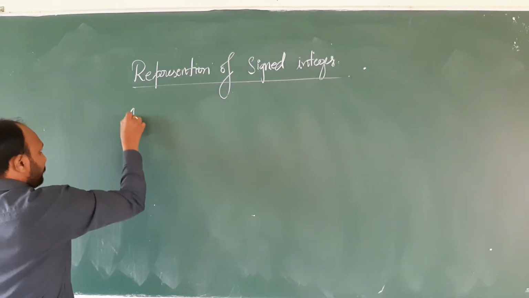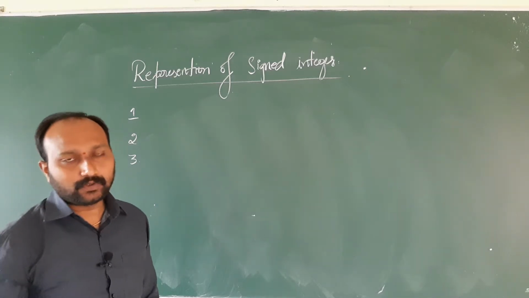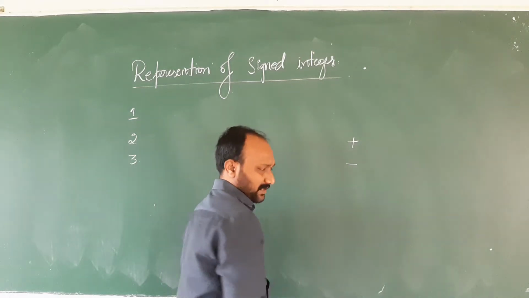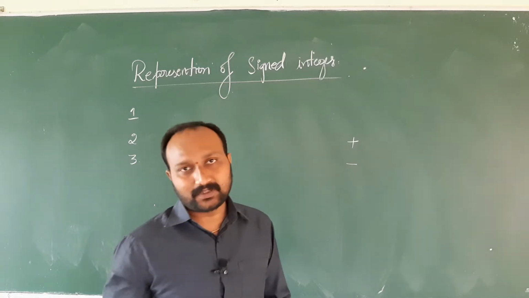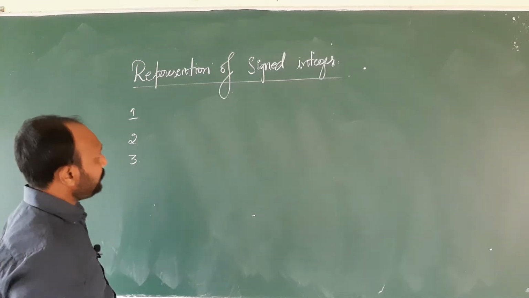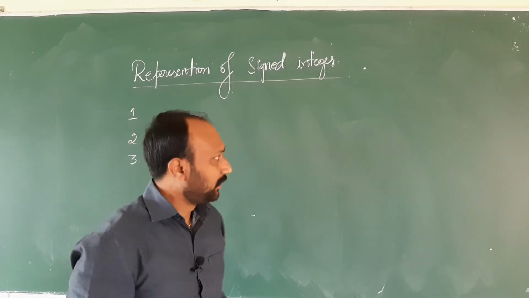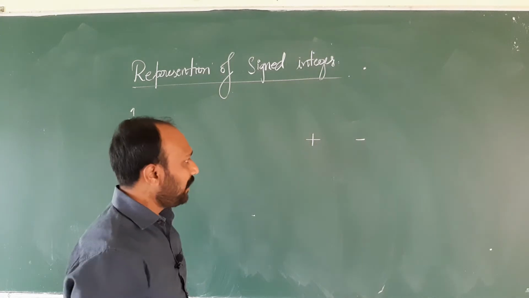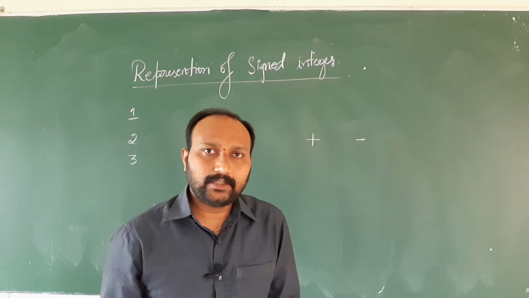So there are three different ways of representing a signed integer. I hope you know what is signed integer. So sign means nothing but either positive sign or a negative sign. So how are you going to represent signed numbers in computers? So that is what you are going to study here. So here in computer, that too in binary number system, the signs, that is positive and negative signs, they are represented by a certain bit value. What is that bit value?